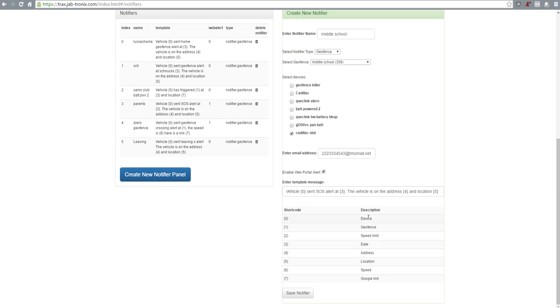vehicle, and then this little short code, it just gives the device name. Sent, we're going to say crossing into, and then you could see if I do short code 1, it'll give the geofence name, which will be middle school. So it's going to say vehicle, Cadillac OBD sent crossing into middle school geofence at, and then I'm going to put the date,